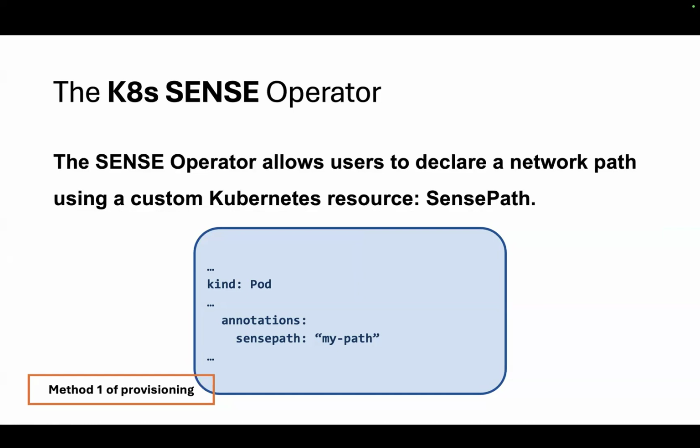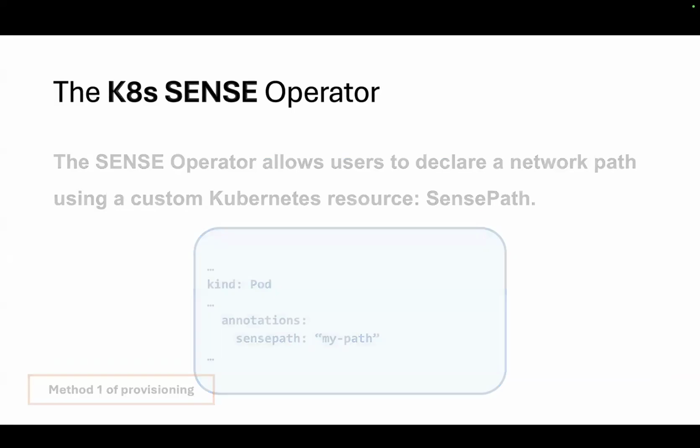After that, in Kubernetes, you can see your own Sense path and you can see its status and how you connect it to a pod. That's where Multus comes in, like we mentioned, through a network attachment definition. But we also have another handy feature where you can just annotate your pod with a Sense path and use the name that you define for the Sense path. By doing so, you patch your pod, where we, using the operator, create the network attachment definition for you and add its annotation to the pod so it automatically uses it.